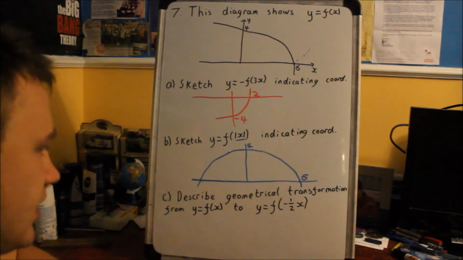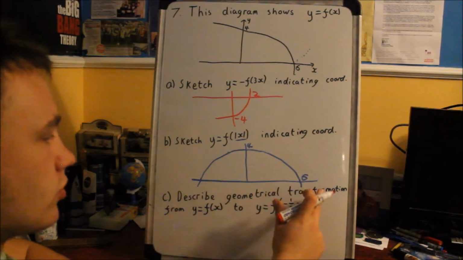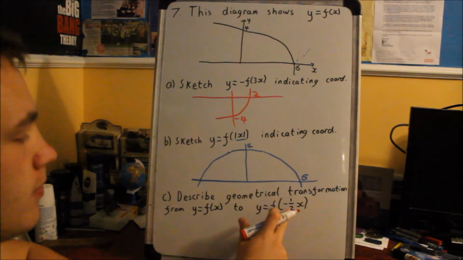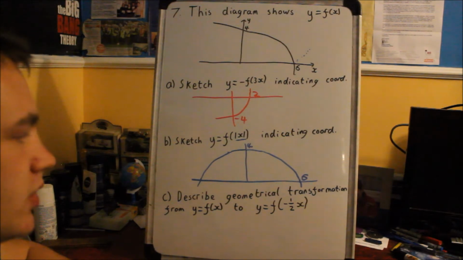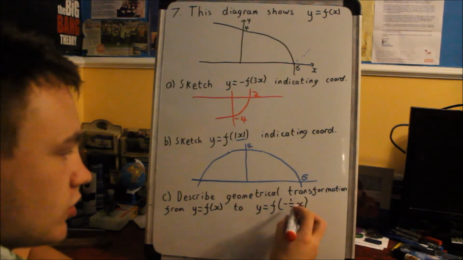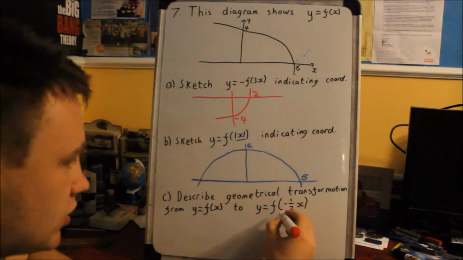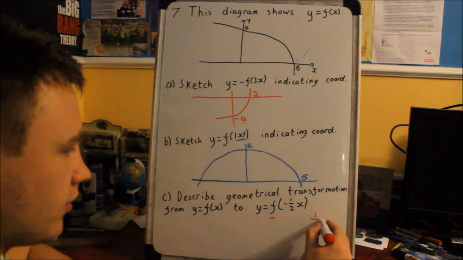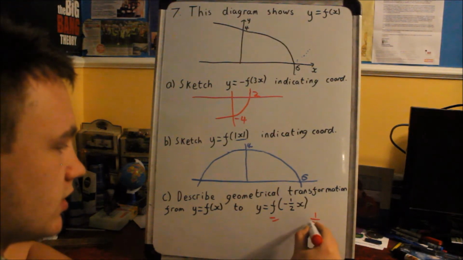Then we go on to part C. Describe the geometrical transformation that maps y equals f of x to y equals f of minus a half x. So there's been a geometrical transformation to f of x, whatever it may be. And you should notice that there have been 2 transformations. It's got a minus in front of the x, but it's also got a half in front of the x. So they're 2 separate